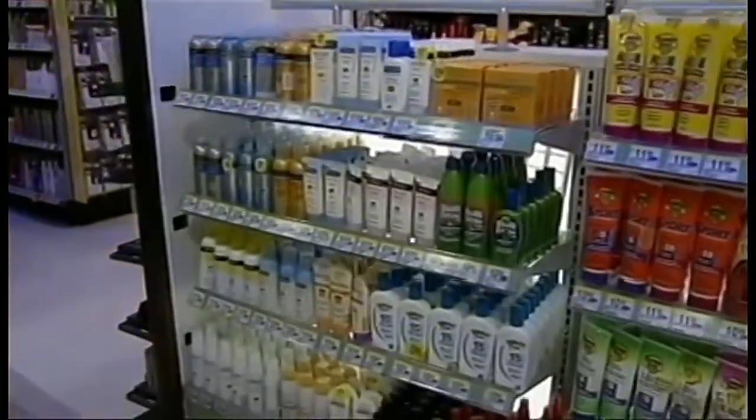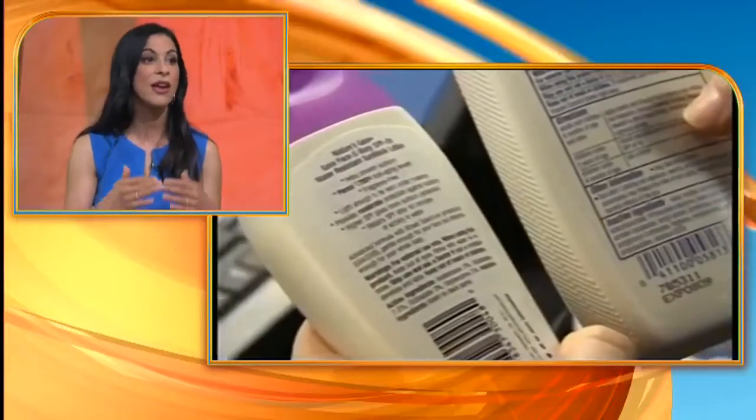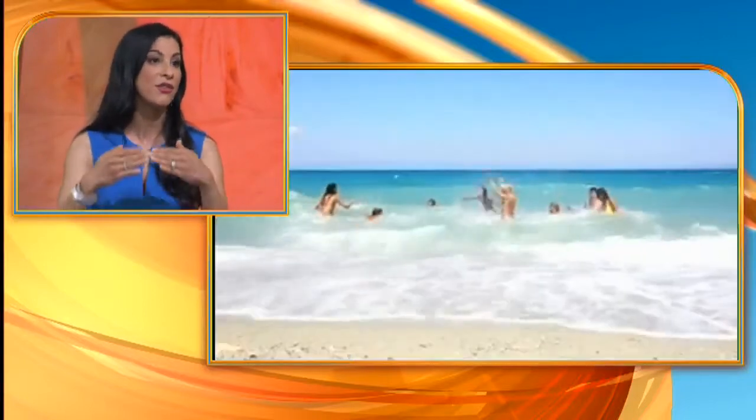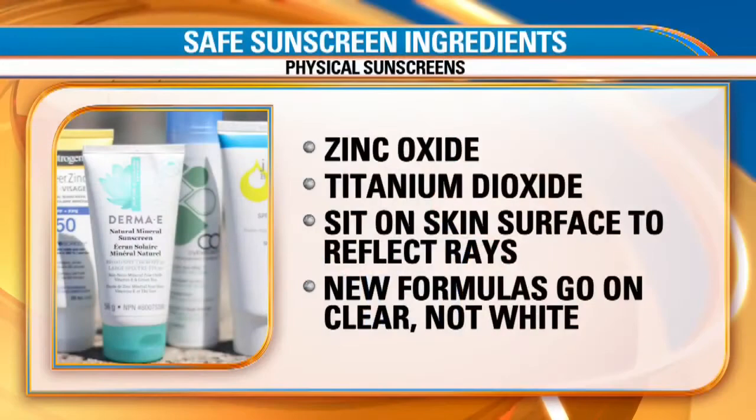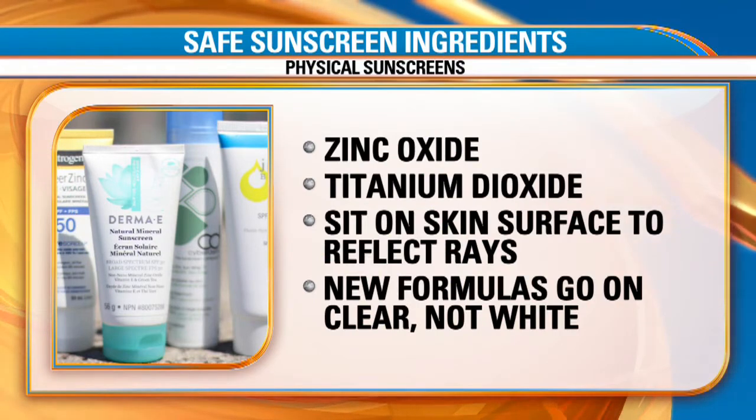So that's a perfect question, because we don't want you to throw out your sunscreen. We want you to know what to look for. So every sunscreen bottle has active ingredients on the back, and dermatologists have been saying for a long time, please look for the mineral or physical sunscreens that are zinc oxide or titanium dioxide, and they sit on top of your skin. They're micronized particles that form a physical shield and actually deflect the UV rays. We know that these are generally regarded as safe and effective. They're broad spectrum, so they block both UVA and UVB,